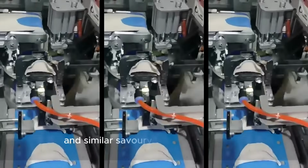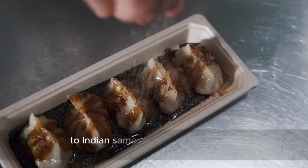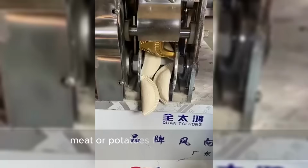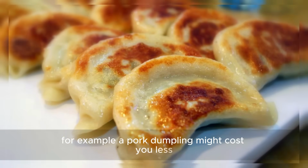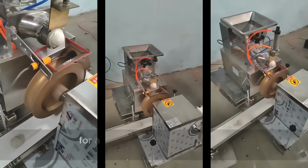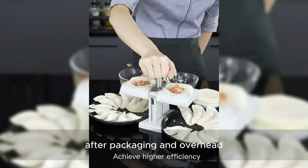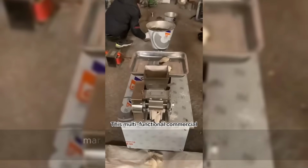Dumplings and similar savory pastries are in high demand, from Asian pot stickers and wontons to Indian samosas or Latin American empanadas. The ingredients, flour and water for dough, and veggies, meat or potatoes for filling, are quite cheap per piece. For example, a pork dumpling might cost you less than 10 cents in raw ingredients, yet could retail for several dollars per dozen. If selling directly, you might charge $5 to $8 for a tray of a dozen homemade dumplings, which could be 50% plus profit after packaging and overhead. Restaurants or grocery stores might buy them wholesale at a lower price, but even then, margins are decent due to